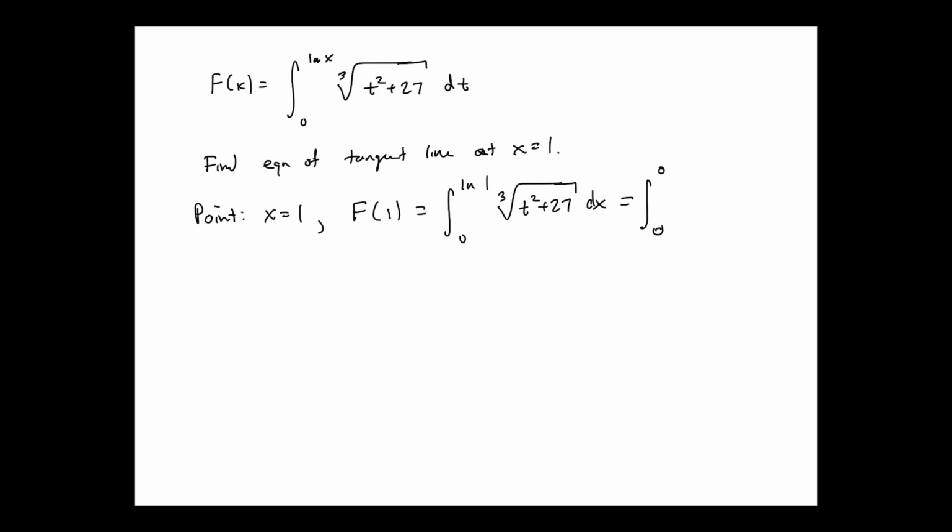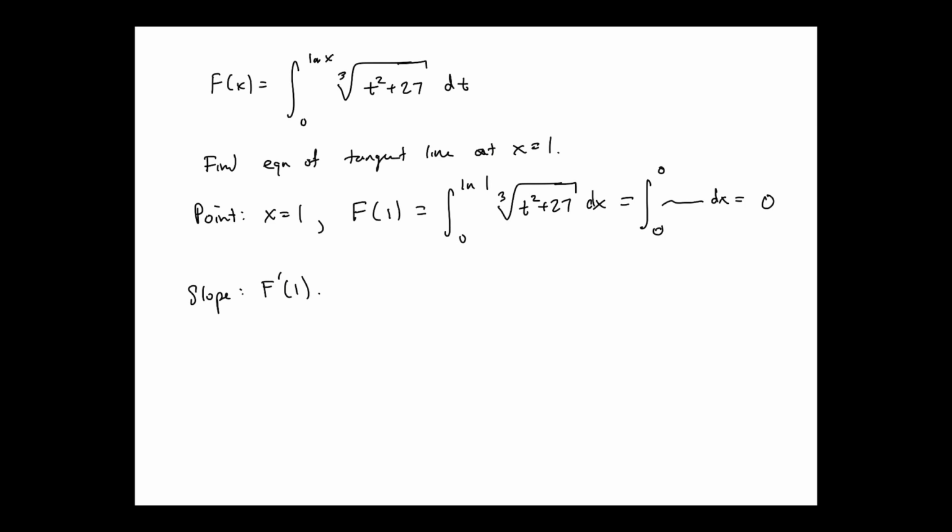Okay, so that means I'm integrating a function from 0 to 0, and therefore, what's the answer? 0, okay? Because I'm not enclosing any area. Right? Okay, so that gives us our point, 1 comma 0, and our slope, we need to do f prime